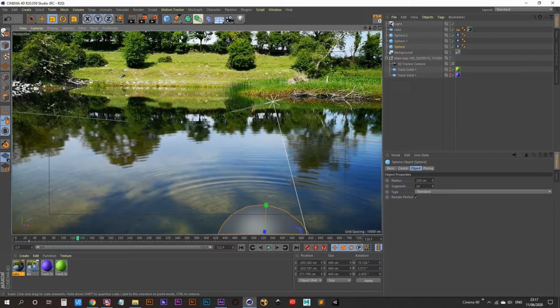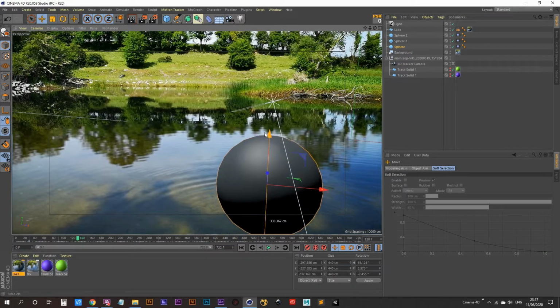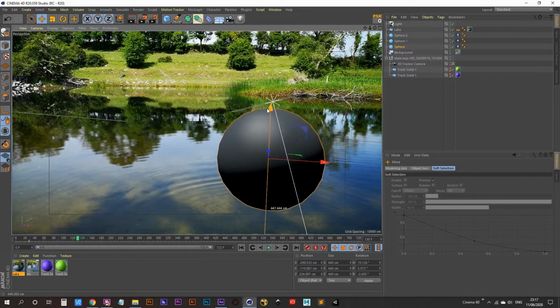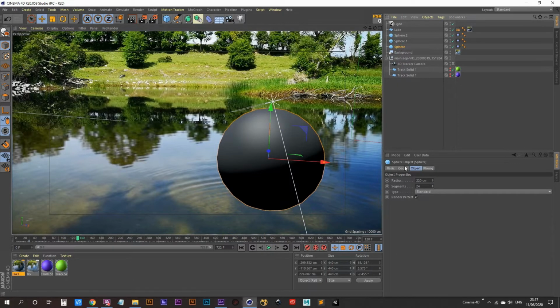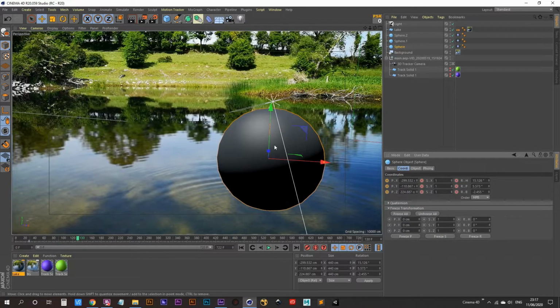to about frame 130, and I'm going to move this sphere up along the Y to about here. Not being exact with coordinates here now, you can if you want. Minus 110 on the Y. I'm just eyeballing it to where I feel like it looks good. So frame 130, move it up along the Y so that it's away from the lake, and then add another